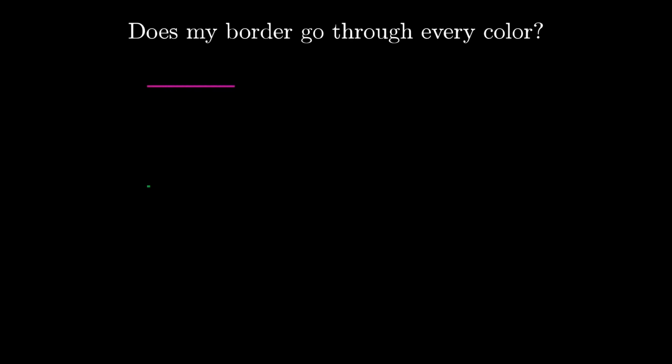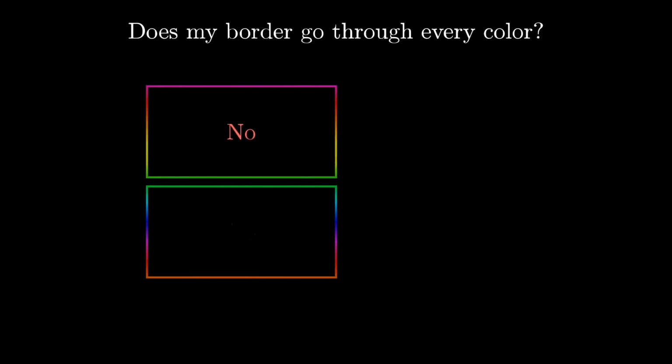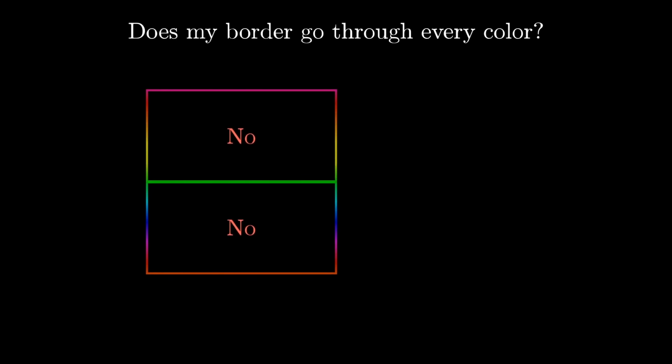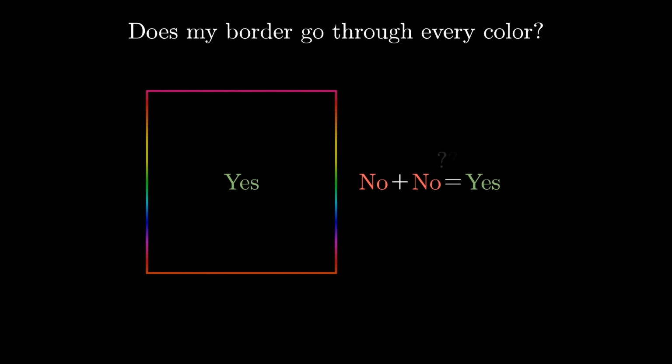Now in one dimension, this sort of thing never happened. Anytime you had an interval whose endpoints have different signs, if you split it up, you know that you're guaranteed to get some subinterval whose endpoints also have different signs. Or put another way, anytime you have two intervals whose endpoints don't change signs, if you combine them, you'll get a bigger interval whose endpoints also don't change sign. But in 2 dimensions, it's possible to find 2 regions whose borders don't go through every color, but whose boundaries combine to give a region whose border does go through every color. And in just this way, our proposed 0 finding algorithm broke.